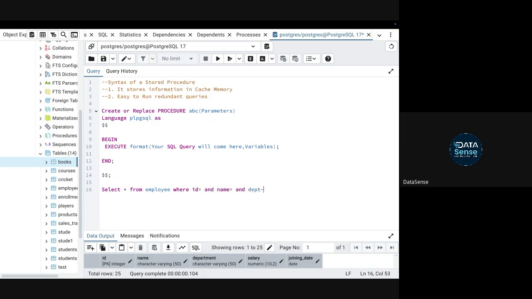Let's say you have three variables. It is not mandatory to make all of them dynamic. It's up to you what part you want to make dynamic. Whatever part you want to parameterize, you will just do that. For the rest, you will simply pass a static filter.